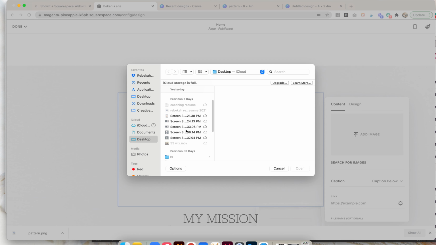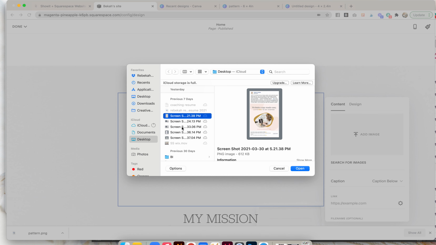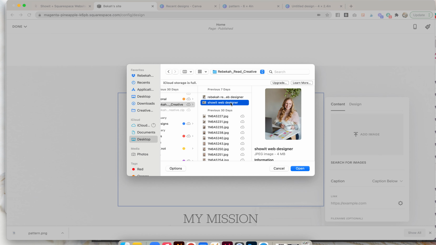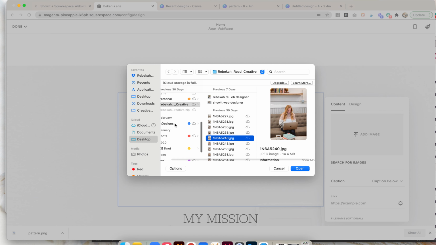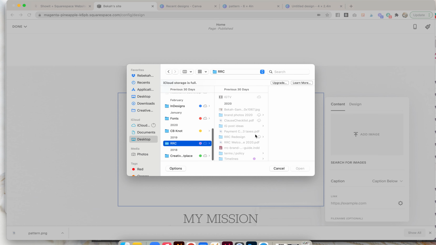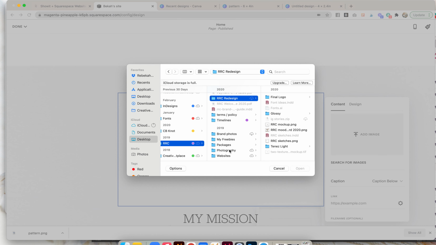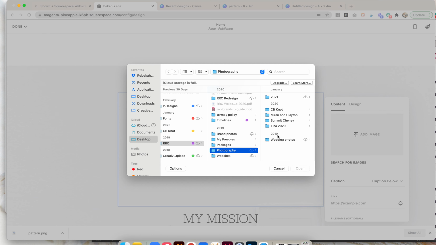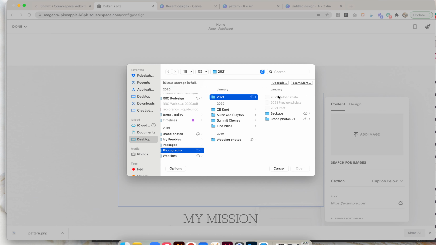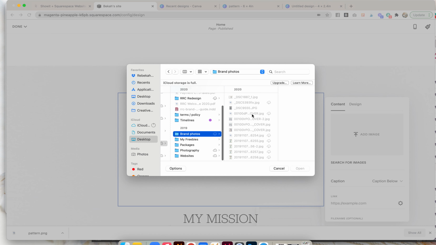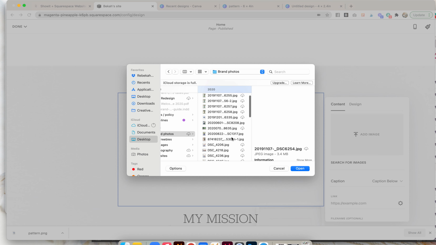I don't really know why I have 3 photos of me. I feel like that's extremely excessive. Hello, here I am again. Hello, here I am for the next and final time. No, we're going to do 1 photo. Apparently I need to redesign my website because I have some strong opinions about it. Brand photos, that's what I was looking for. That's my husband. We'll just do one of these, that's totally fine. Don't need to be too particular.